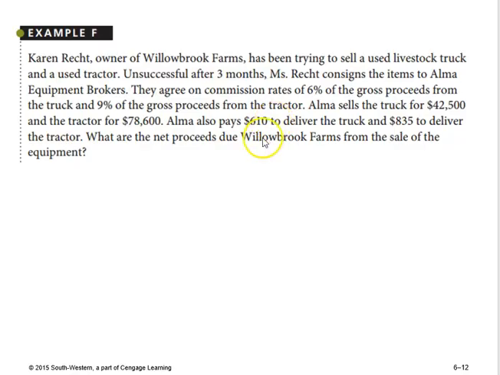Let's go ahead and start calculating the truck. We're going to find the gross proceeds as well as the net proceeds, and then do the same thing for the tractor. Okay, as for the truck,